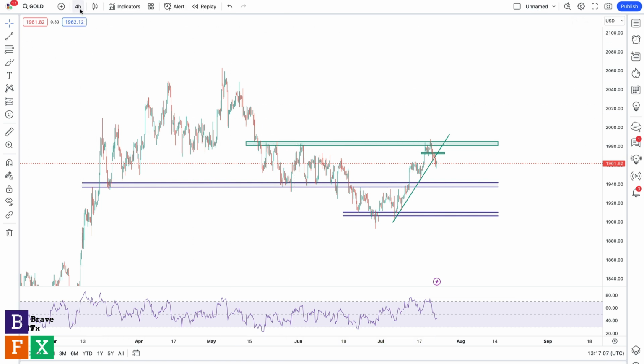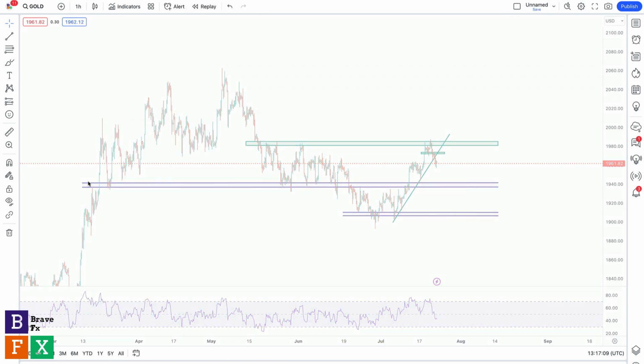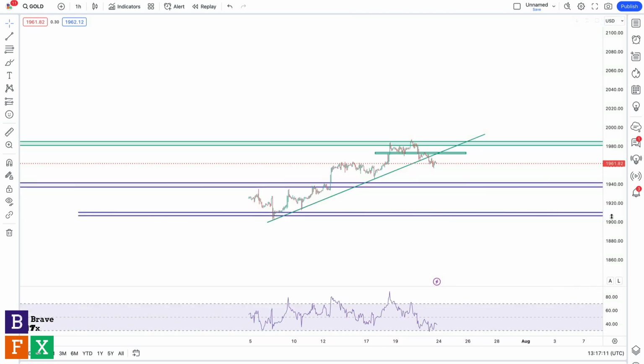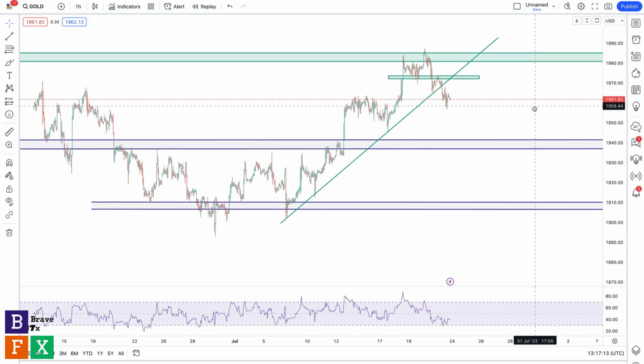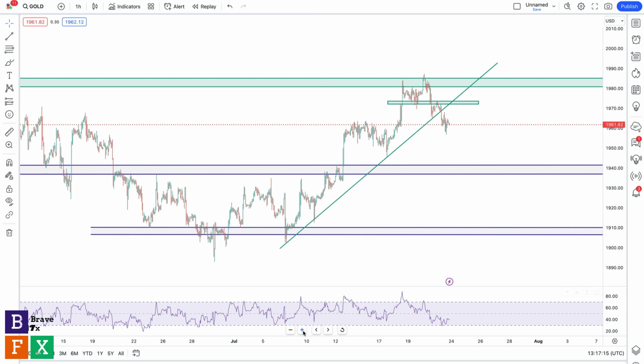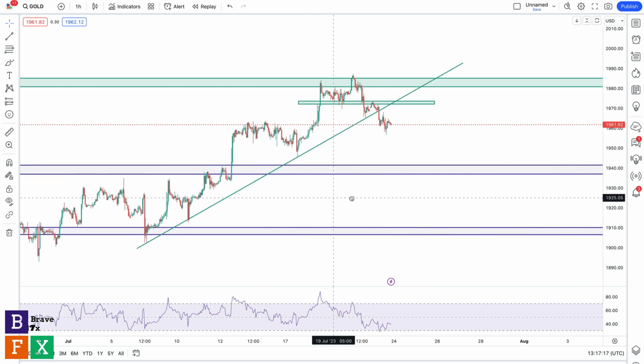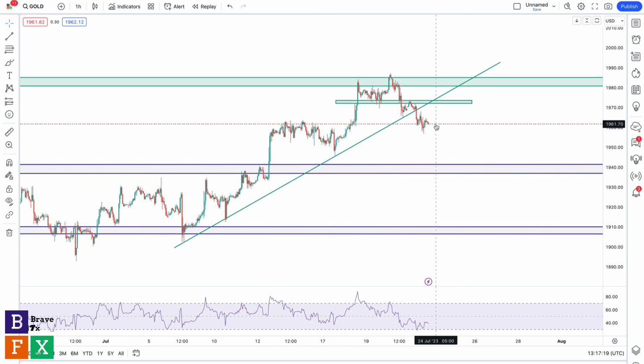So this is the 4 hours time frame. I'm going to go down to the 1 hour time frame, so I'll show you exactly what I'll be watching out for to take advantage of the price action on gold next week. So I'm probably going to go short, right, at this current price level, but it wouldn't be ideal to do that because of the risk management, okay? So I'm going to wait for price to slowly creep into this resistance level or this area of value, where we are going to look for an opportunity for a rejection followed by a move like this before we go